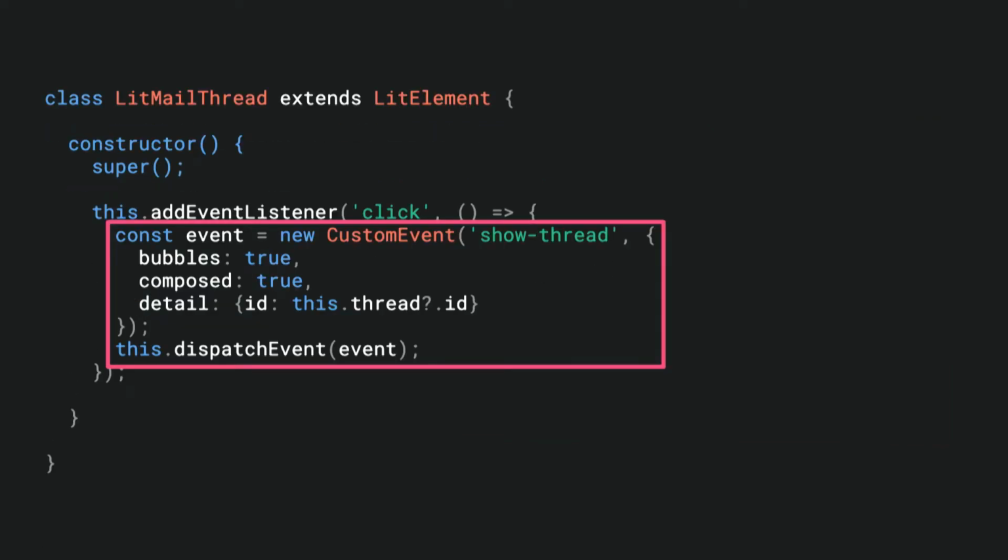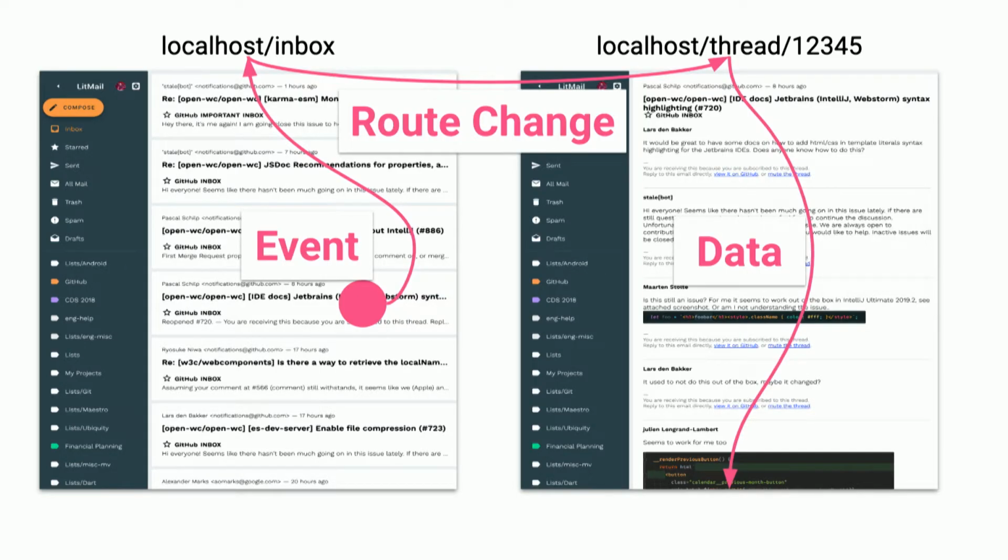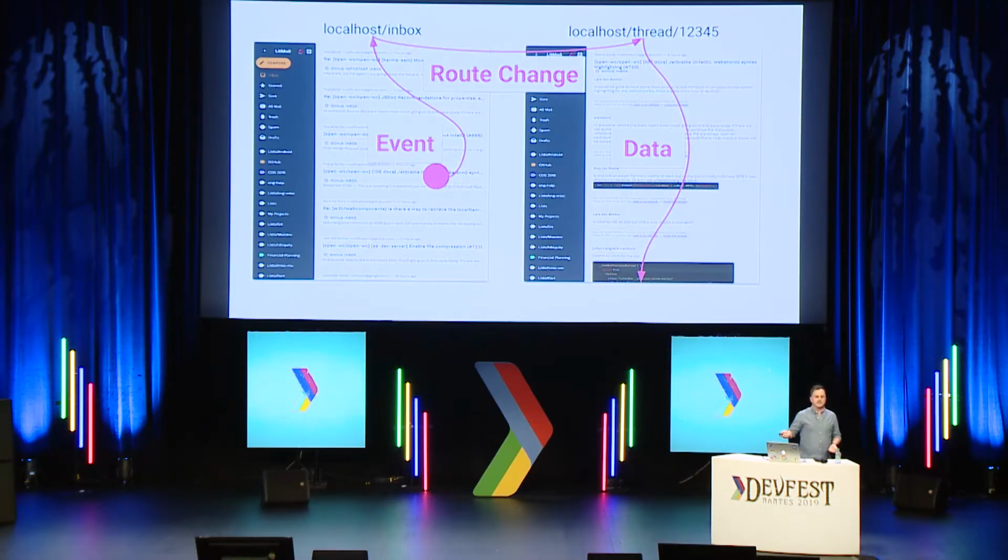And in the thread component here, we're just going to fire a custom event called show thread. And the key part of this here is that the detail has the thread ID that we want to show. And so that gives us kind of this unidirectional data flow through our routes. This is going to start with some kind of event in our page. That's going to flow up to our application, which is going to change the route. That's going to hit the router, change the URL, cause there to be new data, and flow down through the page. And this is going to make it very easy to reason about the flow of data throughout route changes